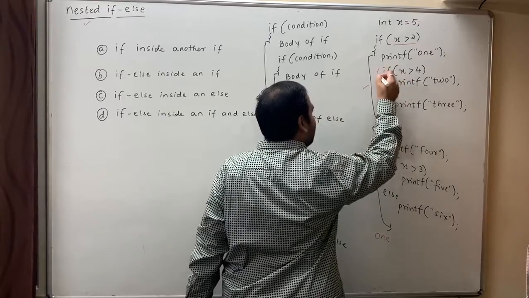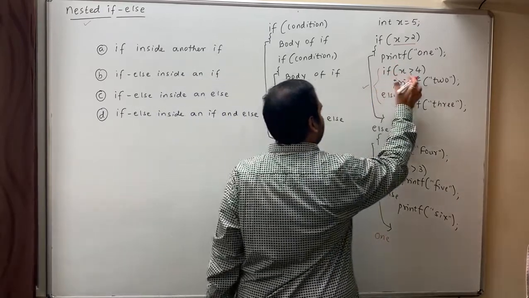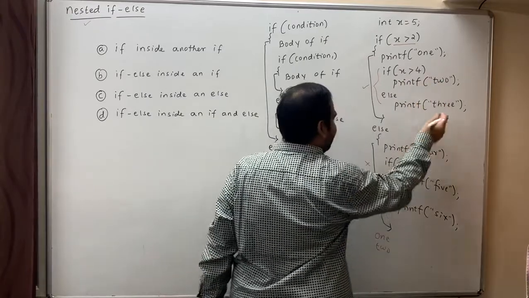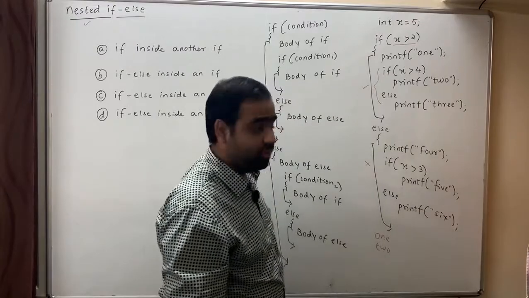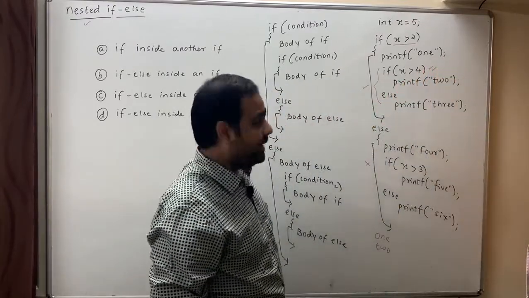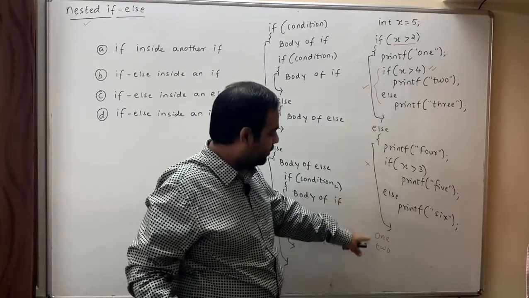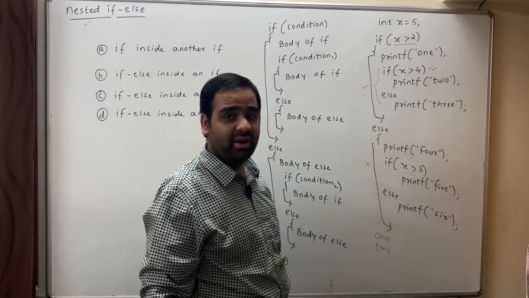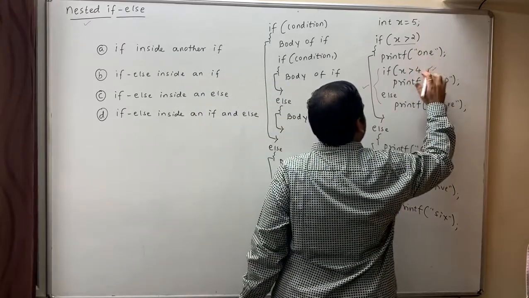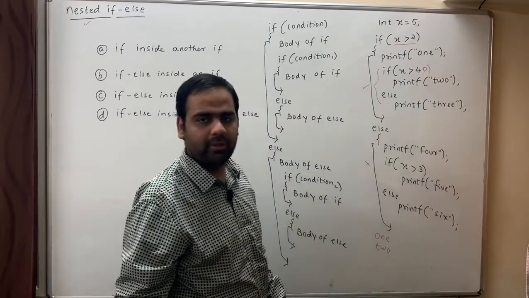Now again there is an if else. That is what I need to check. x greater than 4, yes, x is greater than 4, therefore it will print 2 as well. The else part should not be executed since this if part has been executed. Right, now since the outer if has executed, the outer else should not be executed, hence the output is 1 and 2.